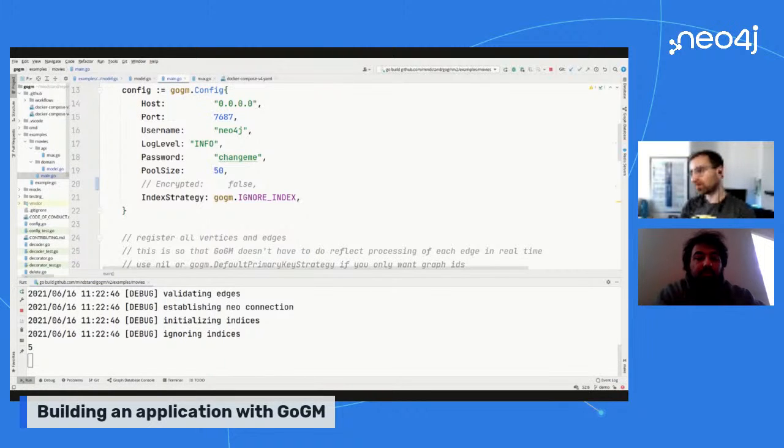So you were talking about Gogem 2.1. What's going to happen to make the move from 2.0x to 2.1? The configuration options for TLS are going to be cleaned up a bit and actually tested with an integration test. So once I can verify TLS is working as expected with the driver, then Gogem 2.1 will be released.